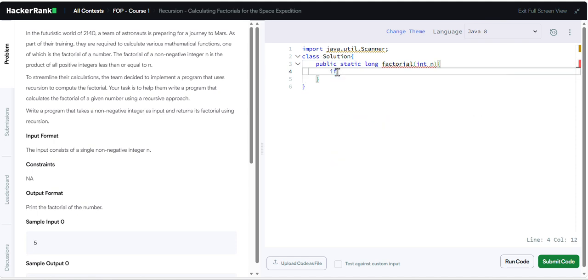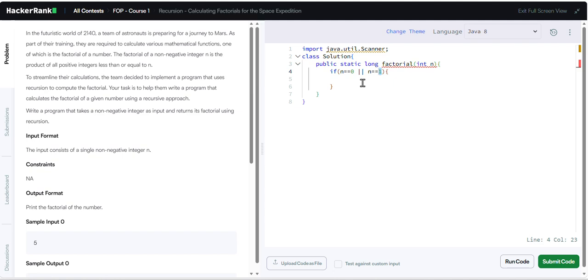We need to write one base case. It will stop the recursion. If n is equal to 0, or there will be two conditions, n is equal to 1. This is the base case actually, because 0 factorial is 1 and 1 factorial is also 1.